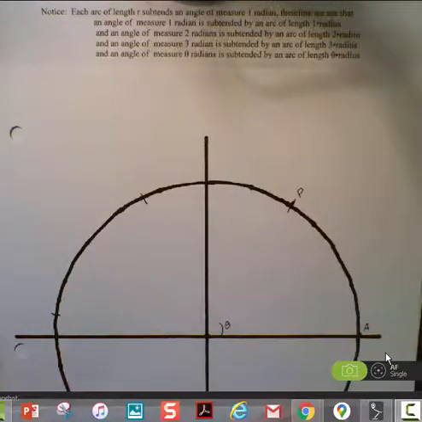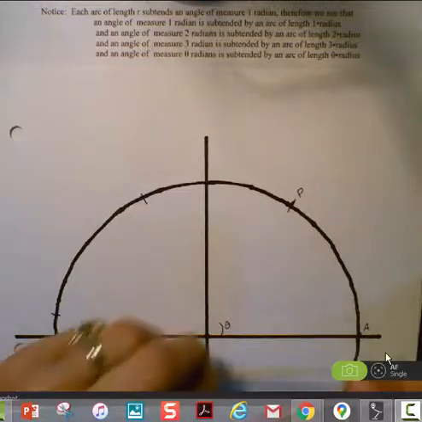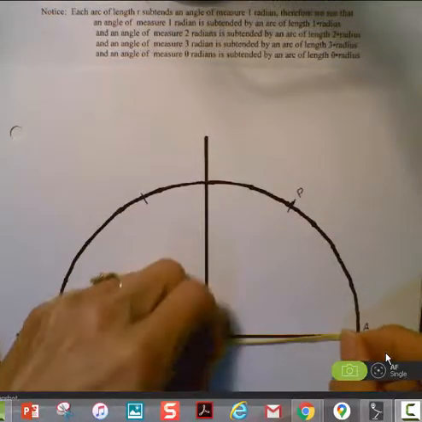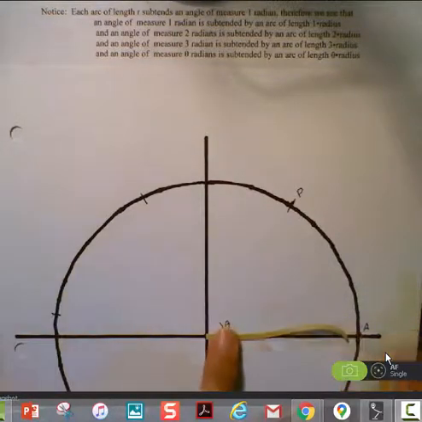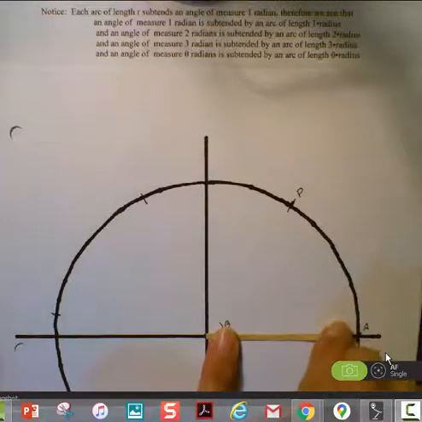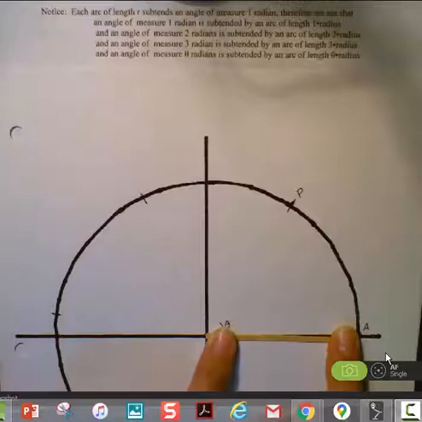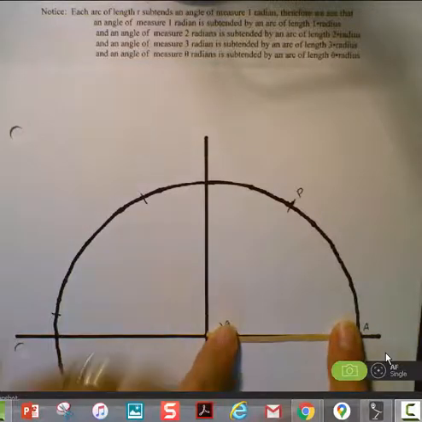There are just a couple of formulas we need to look at to finish 5.1. Remember that the definition of a radian is that if you have a length of something the same length as the radius, like a rubber band that's the same length as the radius, then